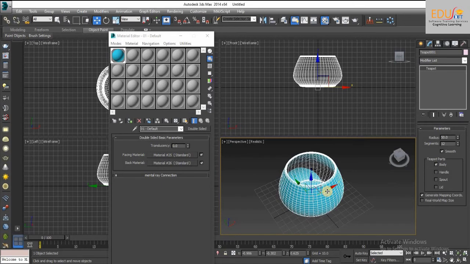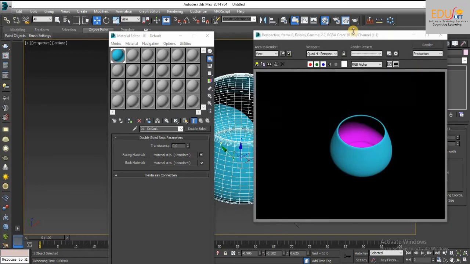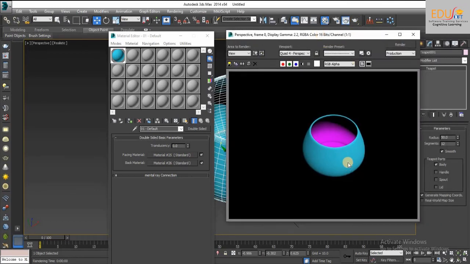We will get the final finishing results only after rendering the facing material and back material. This is the